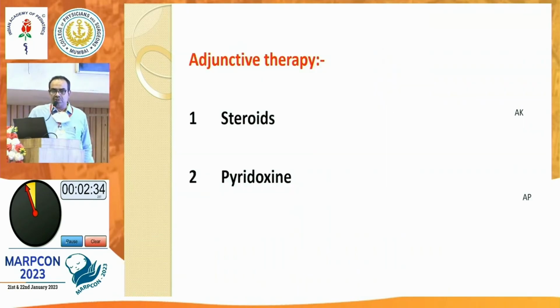Going back to Dr. Ashwin Kathar, sir, tell me the role of steroids in tuberculosis. As we know, TB is associated with significant host response, which causes tissue inflammation and fibrous proliferation. If this happens, it leads to poor clinical outcome due to tissue damage. So to reduce this host response, we should start steroids. It is mainly indicated in TB meningitis, TB peritonitis, pleural effusion, and endobronchial tuberculosis. So these are the few indications.